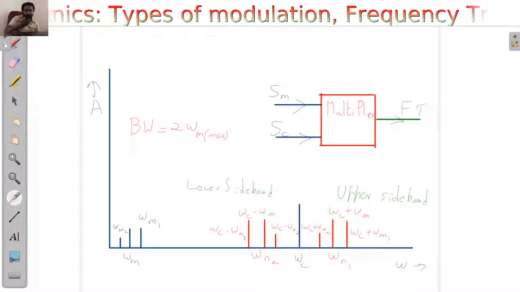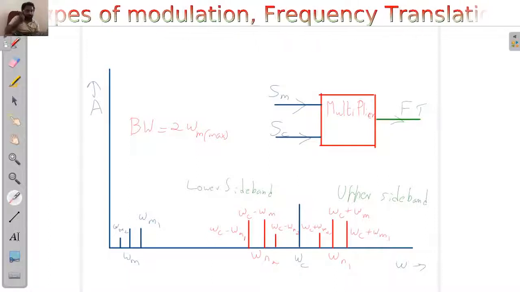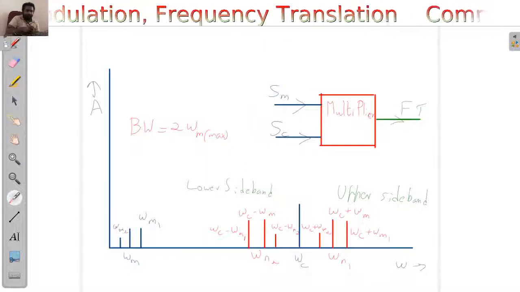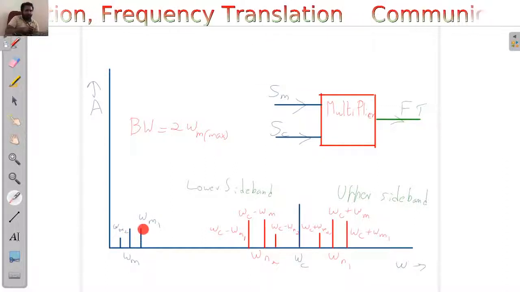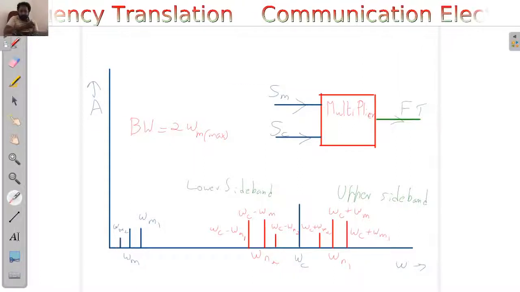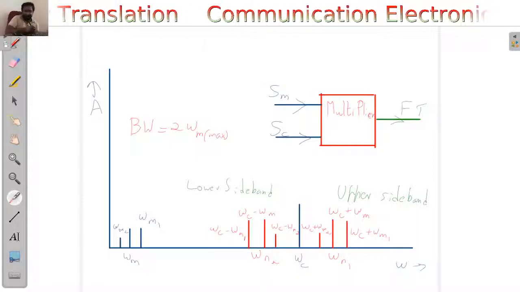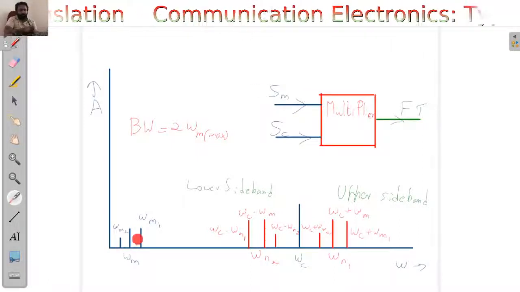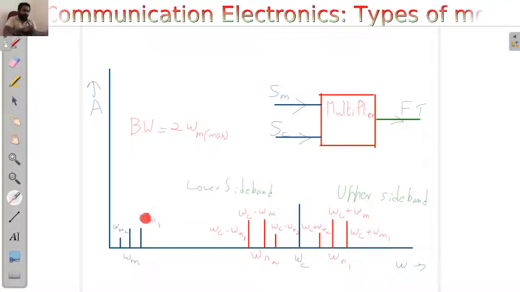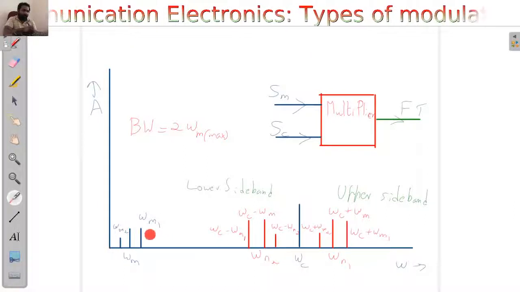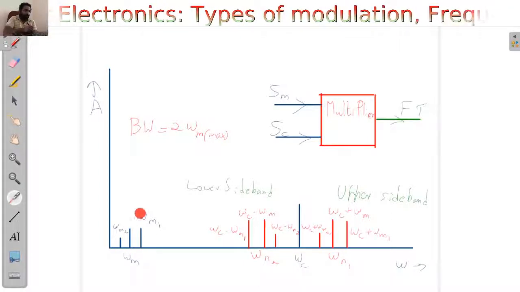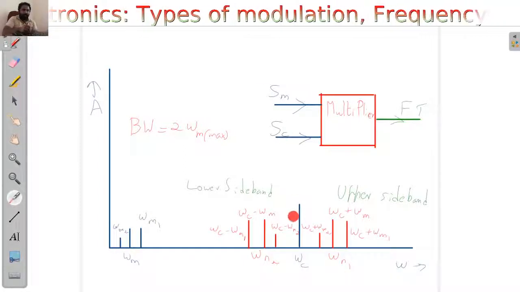Suppose I am going to transmit three signals. Previously it was just one signal. Now I am going to transmit three signals. One is obviously our omega m. The second one is omega m1, another frequency which is higher than omega m. The third one is omega m2, which is lower than omega m. So there are three frequencies that I am going to transmit, and our input consists of these blue lines. One corresponds to these three, the other one corresponds to this one. So SM corresponds to these three signals, and SC corresponds to the carrier wave.